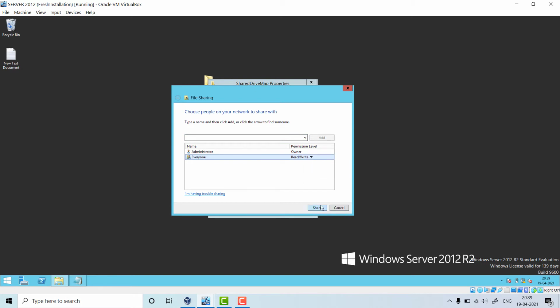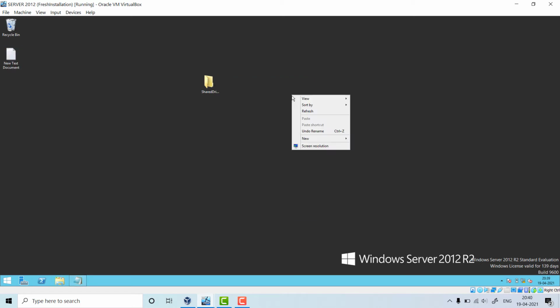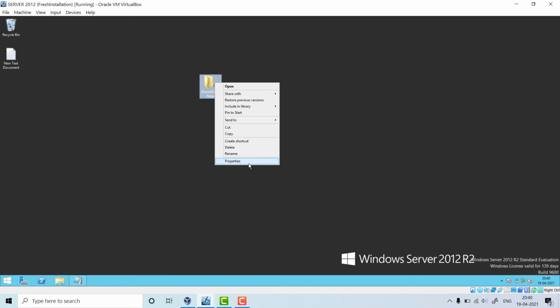So we are sharing it, and the name we have already copied, the file path. Okay, done. Till now, what I did, I had already shown you in a previous video, in which we created the shared folder. Now the thing we are going to do is a bit different. For mapping a drive there are two things you have to do.